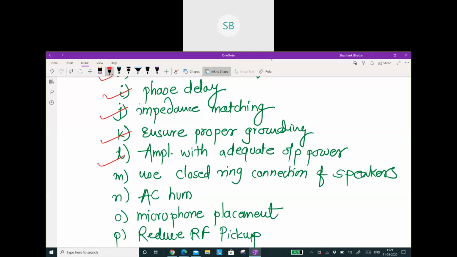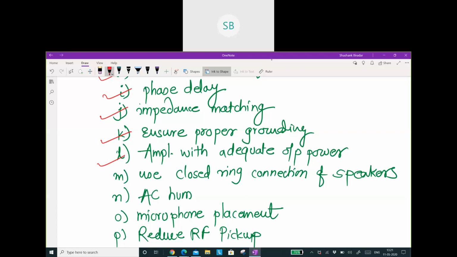The output power of the PA system depends on the type of application it is used for. The total output power of the amplifier should be 80 dB above the hearing threshold. This will ensure a comfortable hearing experience even at the farthest places. In our syllabus we do not have that much detail for the calculation of the required speaker output power.